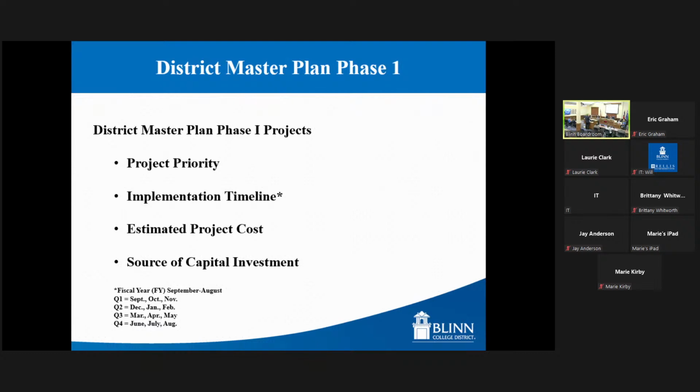These are high-level conceptual estimates based on the current understanding of the project scope. There are many variables yet to be defined on each project, and all cost estimates should be considered as probable costs and not as definitive hard number commitments. So that is how those estimates were defined by Gensler from their master plan. So as we get in,